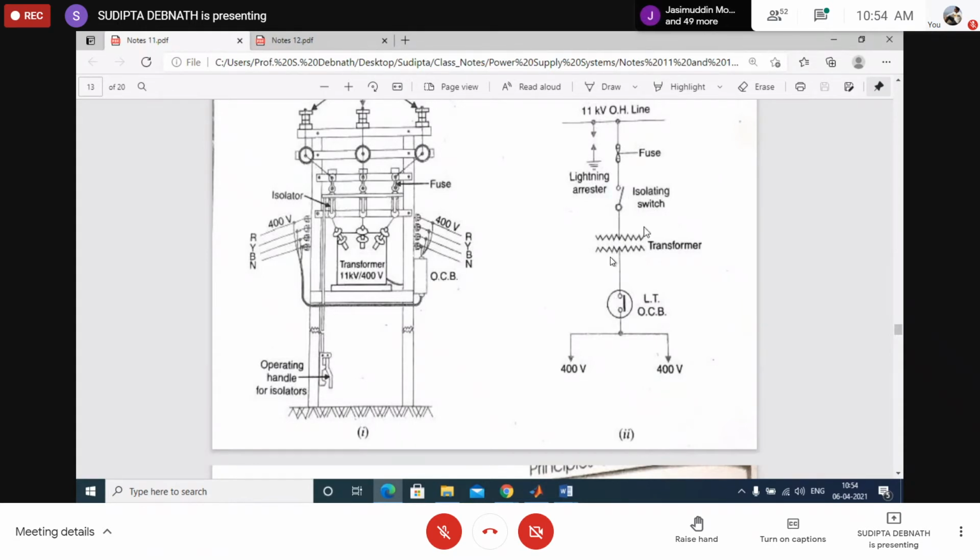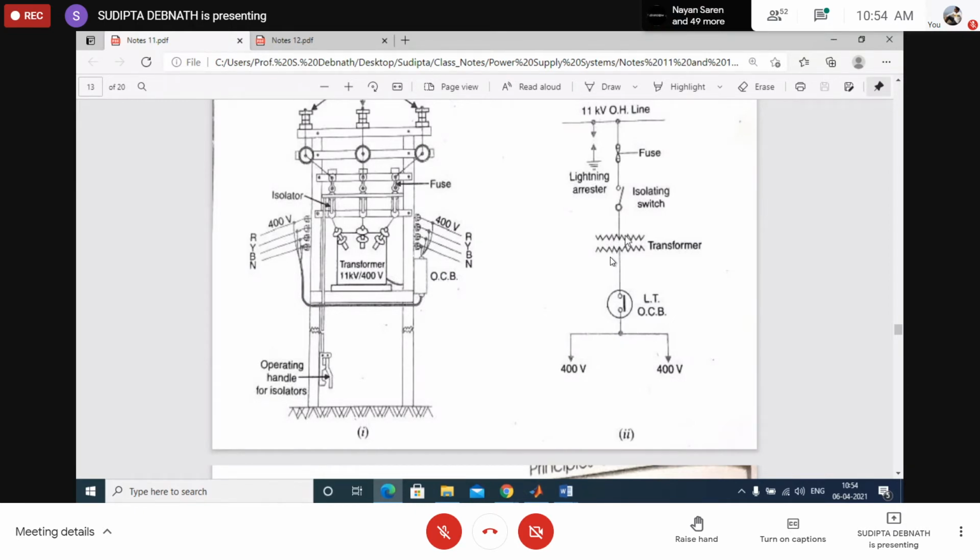Okay. And so there is no requirement for isolator if the circuit breaker is there, but it is for safety purpose. And when the isolator is connected, you will all be sure that it is under operation. Okay, first trip the circuit breaker, then you can open this one, then you can start the maintenance work. And isolators are in locked arrangement with a circuit breaker. You cannot open the isolator when the circuit breaker is in service. Okay, some interlocking arrangement is there for safety purpose.